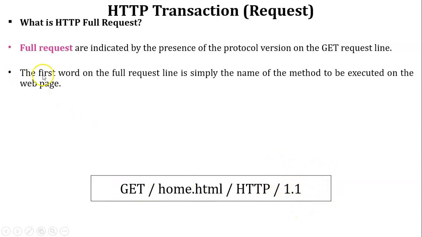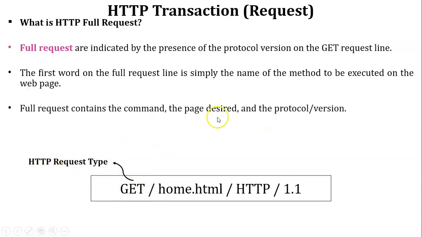Next, the first word on the full request line is simply the name of the method. Now see over here, it is the GET to be executed on the web page. So in this example, the first part is GET, the HTTP request type. Also, the full request contains the page desired and the protocol version. Now see in this example, home.html is the address of the web page, and HTTP 1.1 is the version